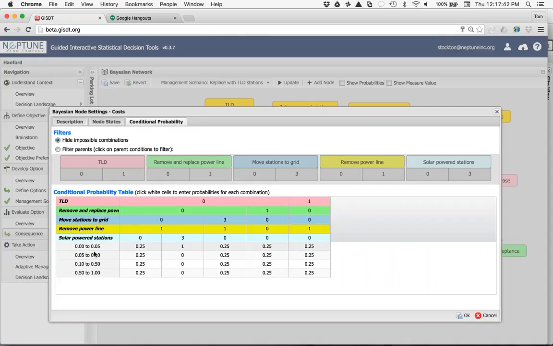So this is the cost here, 0 to 0.05, and then on up to 0.5 to 1. And this is broken up based on the value function. And the idea is you go in here and enter a probability that, given the set of options, you'll have that cost. So for example,